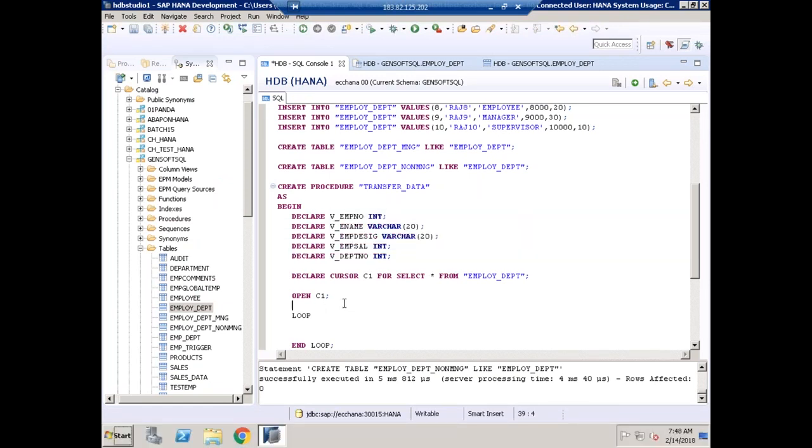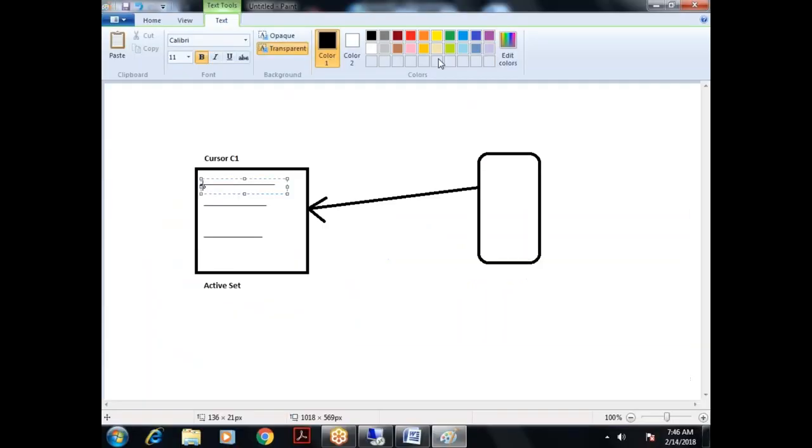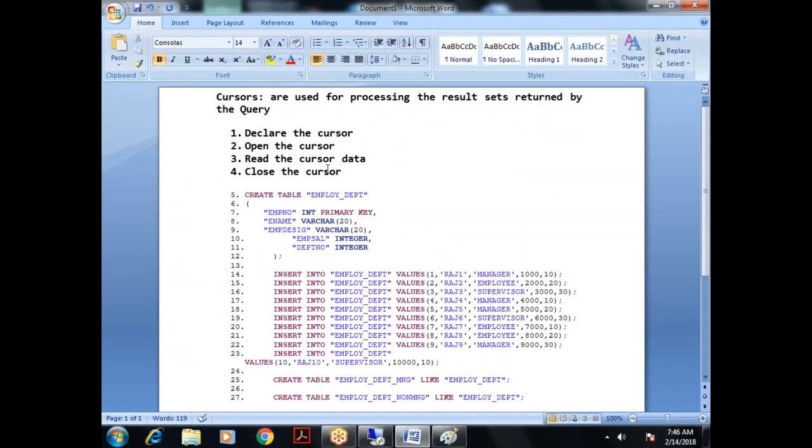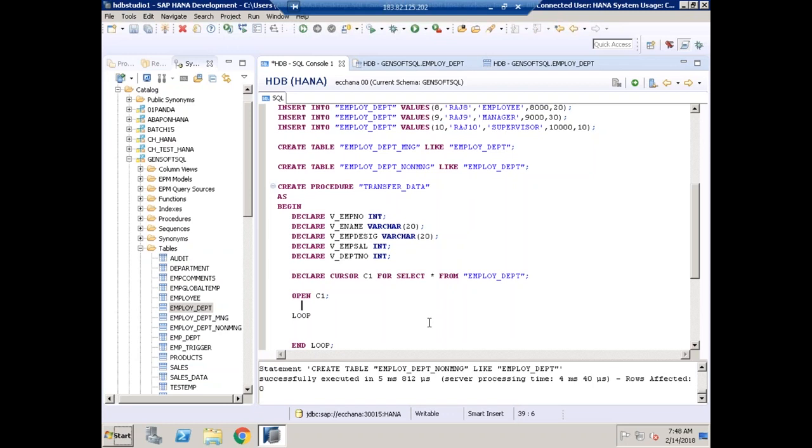So I have to start reading it. How do you read the cursor data? What is the next step here? Read the cursor data. You have to use a keyword called FETCH: fetch cursor name